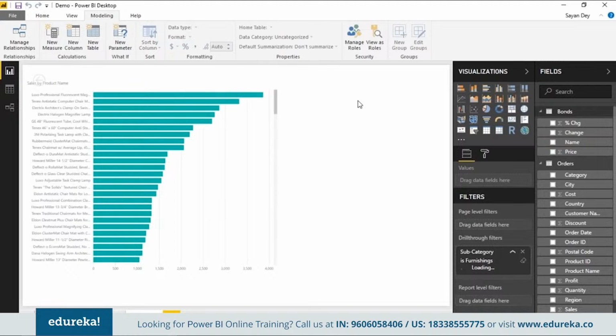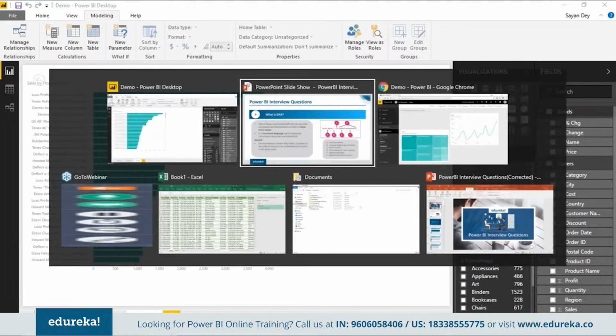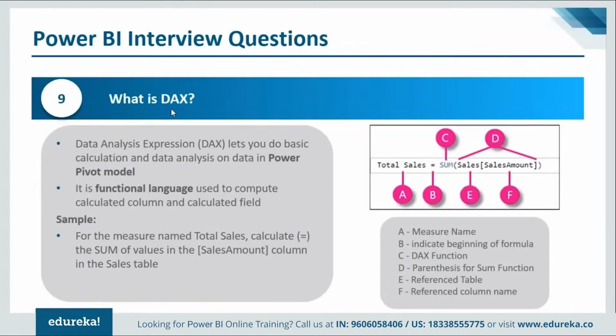So very important, guys, when you are asked about DAX, it could be a very generic question, but it's very important to not be theoretical. It's very important that you mention a couple of things, like it's a functional language, and give some examples of how DAX is related to stuff that you can do in Power Pivot, that is in the data model. Essentially it helps you add more meaning to your data, because your underlying data could be in a certain format, but there are certain kinds of calculations, certain complex measures that you want to add, which could only be done in the Power Pivot layer and nowhere else.